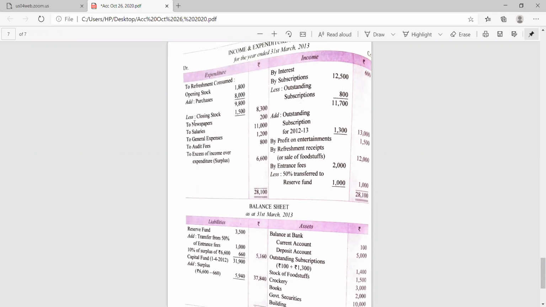Very good. And in the income and expenditure account, all the expenditure is to be shown on the debit side. And what will be the expenditure? Whatever payments are given in the receipt and payment account will be the expenditure of the income and expenditure account, and whatever receipts of the receipt and payment account are given to us will be the income of the income and expenditure account. As I told you earlier, there is a crisscross relationship between them.